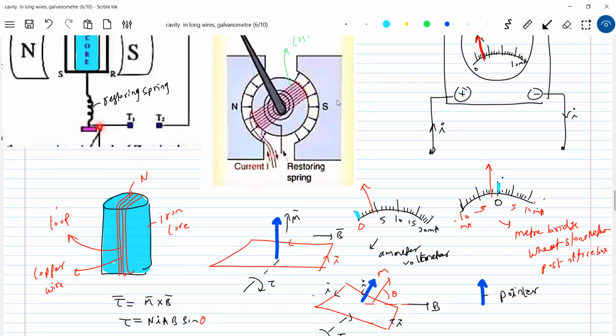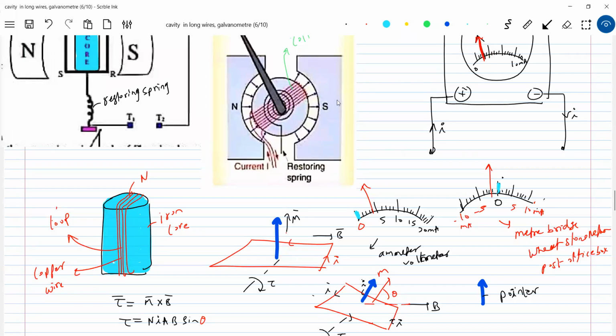And in that, what happened? A restoring couple, a restoring torque, is set up, as in torsional oscillations. Similarly, this particular wire will get twisted. The torque set up in the wire will be equal and opposite to the torque due to the dipole moment. So when you pass 1 milliampere, the torque due to the dipole moment makes it rotate. Then proportionally the torque due to elastic forces acts opposite to that. Because of that, the pointer gradually comes to rest. The 1 milliampere you have sent, the pointer will deflect and stop at 1 milliampere.